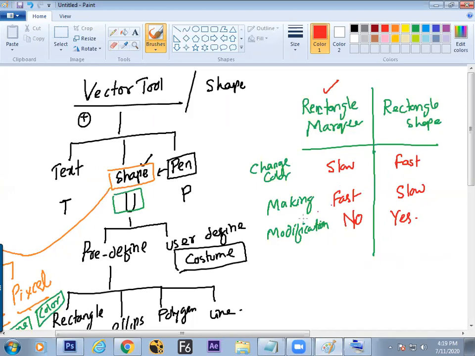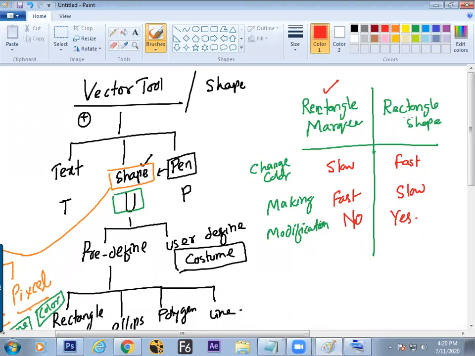Why use this? We have taken around 2-3 days to understand the rectangle marquee. Now we are rejecting that. And this is what should be done faster in our brain. Because often a rectangle is made through the rectangle marquee only. But the difficulties we have understood: remodification and changing something like colors and all is difficult.